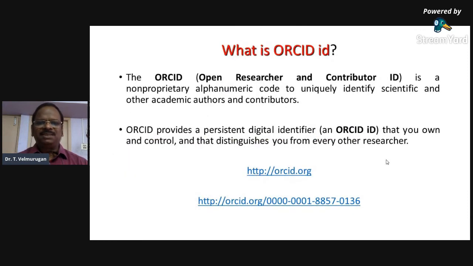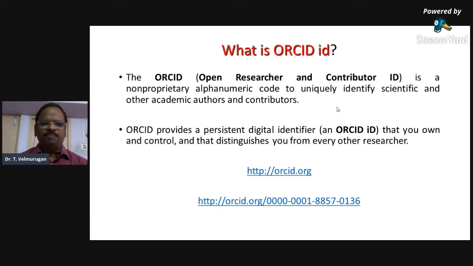Then what is the ORCID database? Open Researcher and Contributor ID is a non-proprietary alphanumeric code to uniquely identify scientific and other academic authors and contributors. Suppose you are an open researcher, your papers are openly published and you can download any of your papers. That is one point.